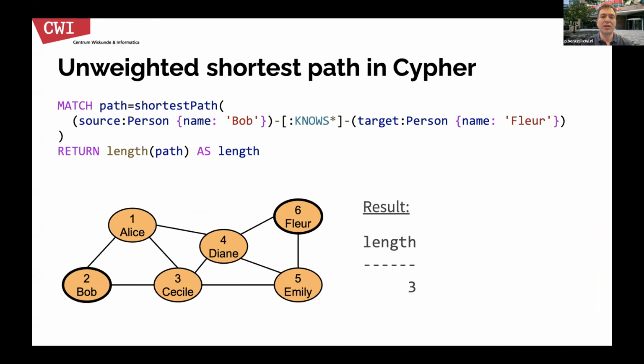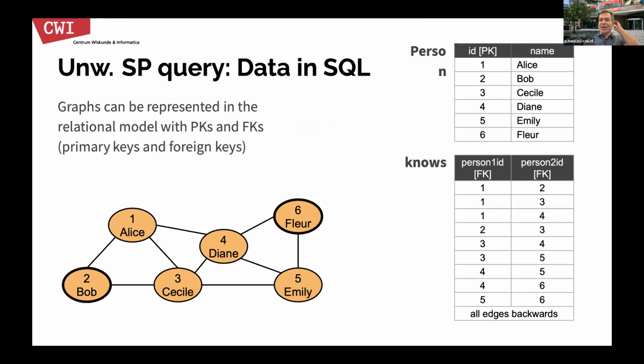That is the way to express unweighted shortest path in Cypher, and the result of this is 3. So there are in fact also 3 paths, and they all have length 3 that reach Fleur from Bob. If we would do the same thing in